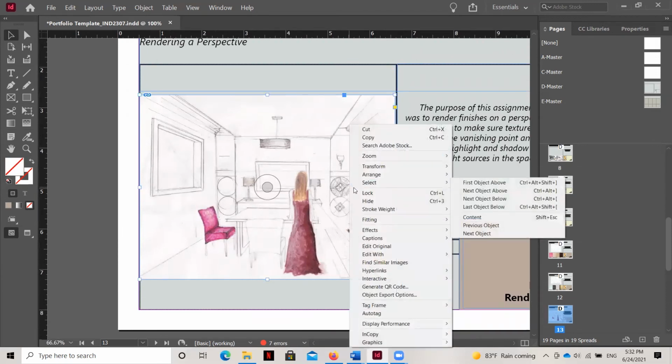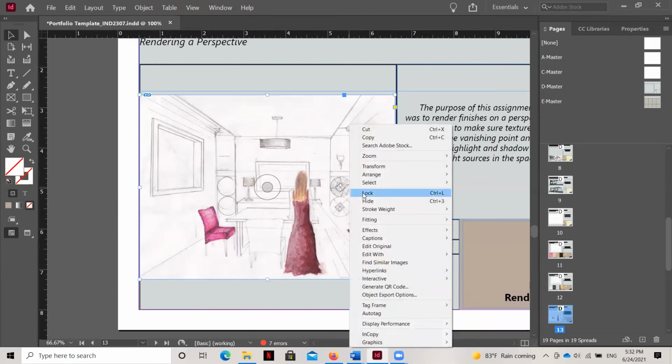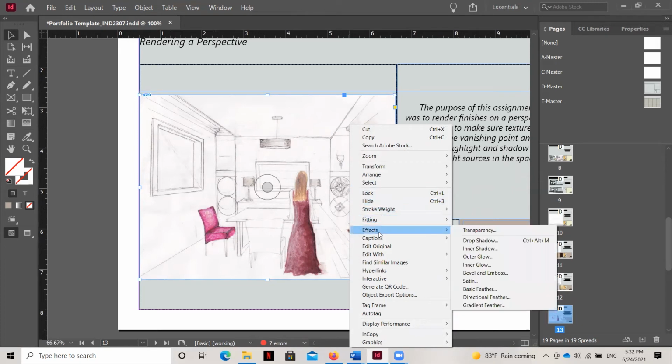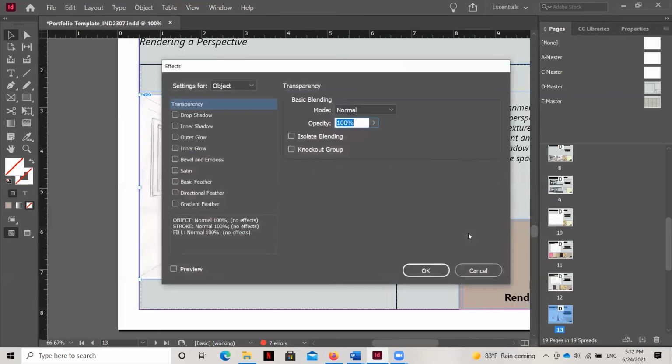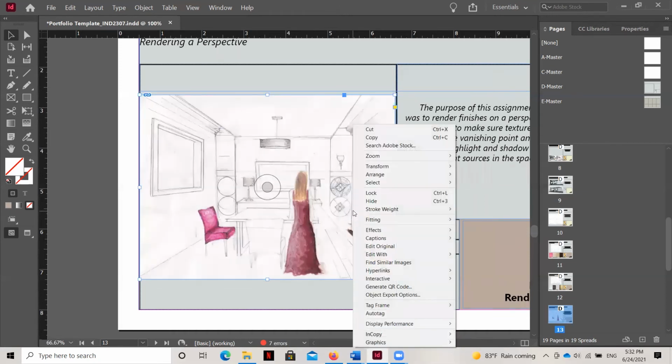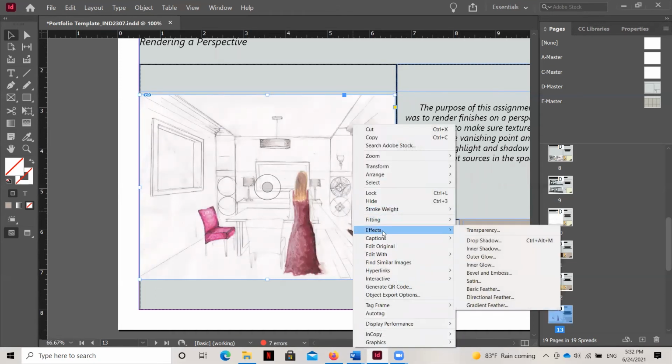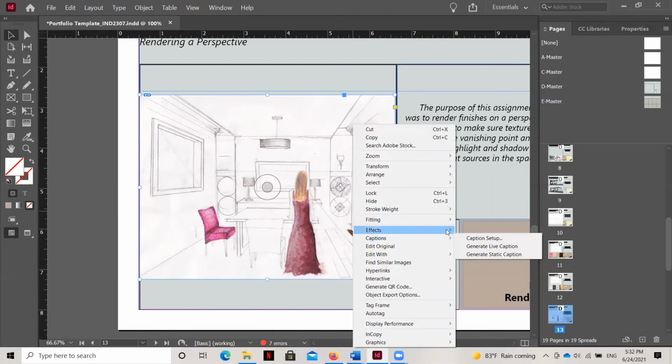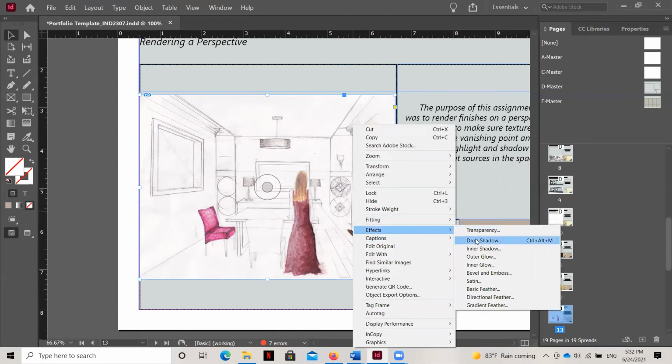The other thing that you can do is go down to the effects, and you can adjust the transparency here. Okay, and you could move the opacity down to 50%. And we're not going to be doing a lot of this stuff, but you can make some adjustments to the effects here. You can also bring in some outer glows, inner glows, drop shadows here.